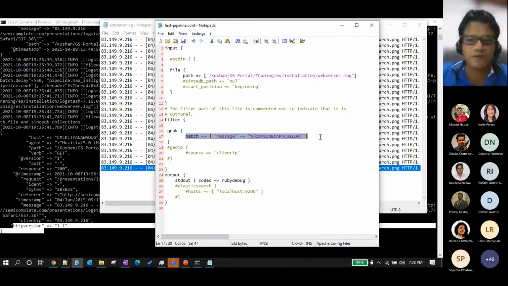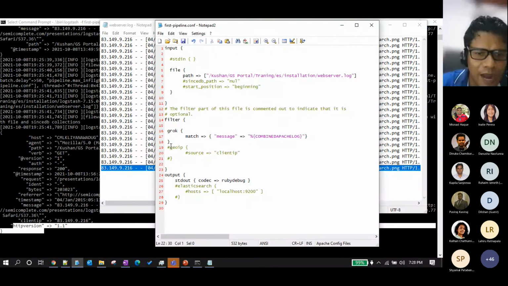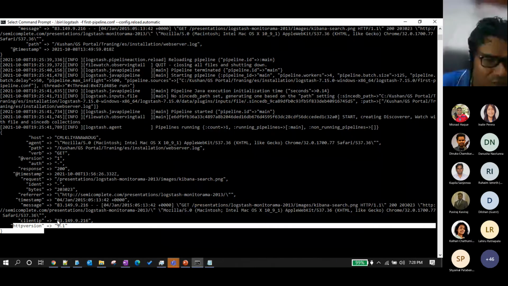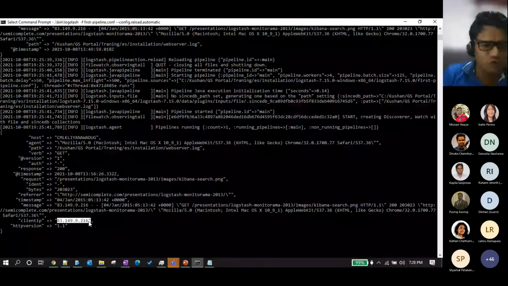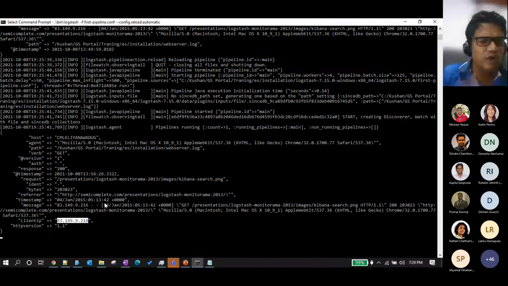So all the web server logs, we have to get into the particular standard. That is the practical scenario. And once you get it into the particular standard, you write the grok pattern and break it into chunks. And I'm using another marvelous plugin that Logstash has, which is GeoIP. Nowadays we need to know where a particular IP came from. The GeoIP library actually gives you the coordinates, location, which country, and other information about this particular client IP.